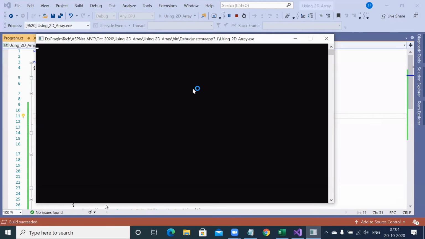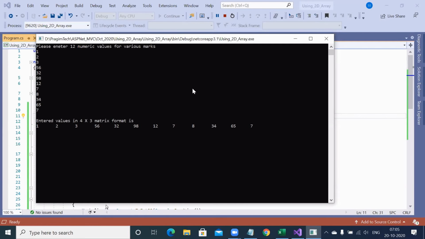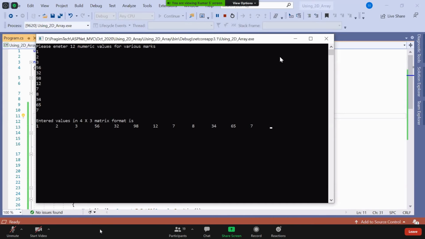Whatever I entered, suppose I entered 1, 2, 3, 56, 32, 98, 12, 7, 8, 34, like that, some 12 numbers you are going to enter. But see, when I'm using write, W-R-I-T-E, it displays all the numbers in the same line.